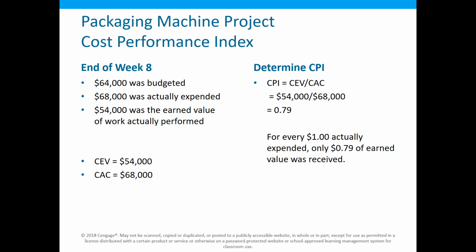So CPI, Cost Performance Index. The way to think about that: your 1 is your target, below 1 is bad, above 1 is good. If we're above 1, we're actually producing more value than we're spending. If it's 1, they're equal. We're spending the same amount of money as we're earning in value. And that's hopefully what we're trying to do. We're trying to get as close to 1 as possible.